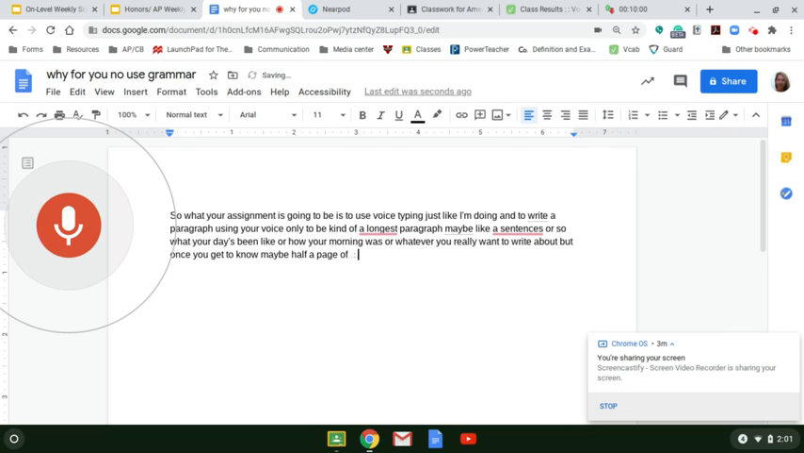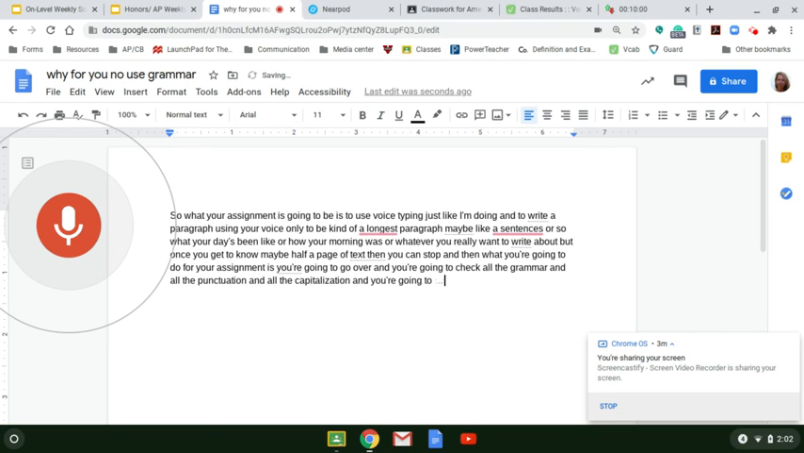And then for your assignment, you're going to go over and check all the grammar, all the punctuation, and all the capitalization, and fix it. Once you get your paragraph written, you're going to copy the paragraph that you wrote with your voice, and then paste it underneath on the document and correct the second paragraph so I can see that you made the corrections. Okay? Make sure